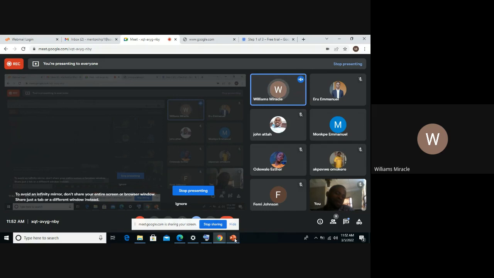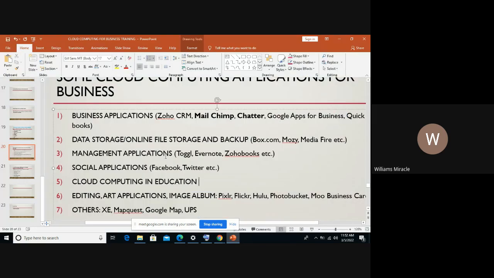Now, if it falls in the category of sales, if you're into trading, we have what is called sales tax. Most of you know that. That's VAT, value added tax, which is applicable on goods and services. So definitely, you want an application on cloud for your business that will be able to track that very aspect, to monitor or to create these VAT returns for you. So you can also do that with that very application.